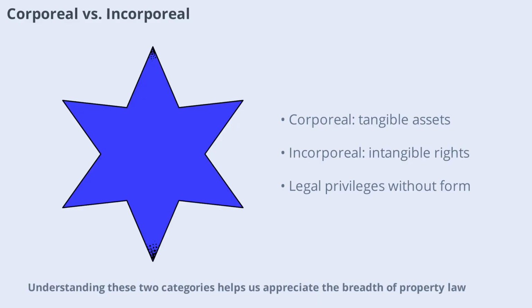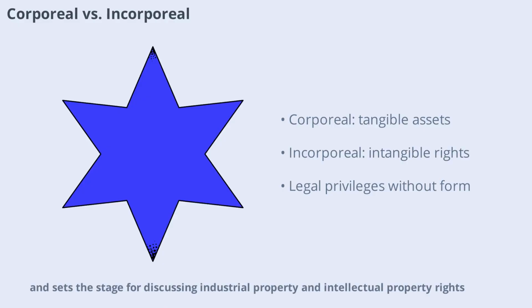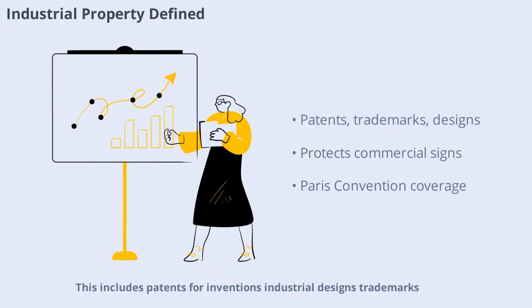Understanding these two categories helps us appreciate the breadth of property law and sets the stage for discussing industrial property and intellectual property rights. Industrial property covers a wide range of rights related to inventions and commercial signs. This includes patents for inventions, industrial designs, trademarks, service marks, layout designs of integrated circuits, commercial names, and geographical indications. The purpose is to protect signs and creations that convey information to consumers, ensuring that products and services are not